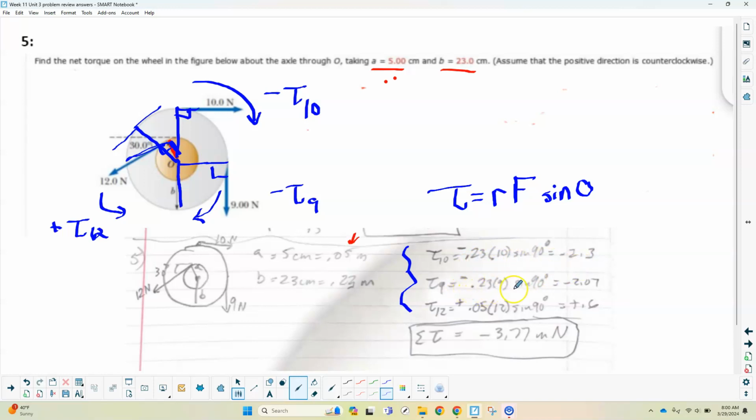Continuing on, negative 0.23 times 9 gets you negative 2.07. And then you do 0.05 times 12, which gets you positive 0.6. You add those together, and you'll get the net torque, which is negative 3.77. So that was that one. Okay. Last one